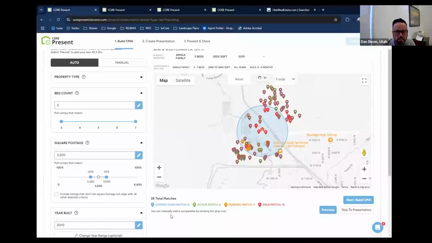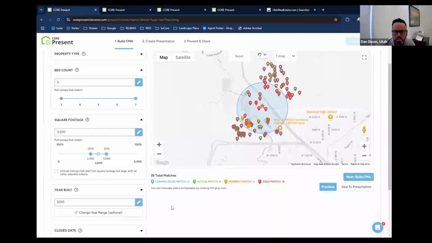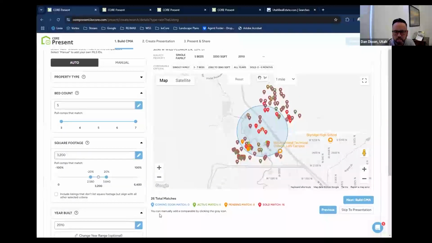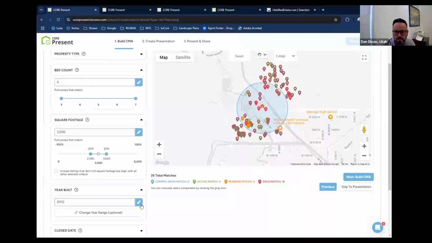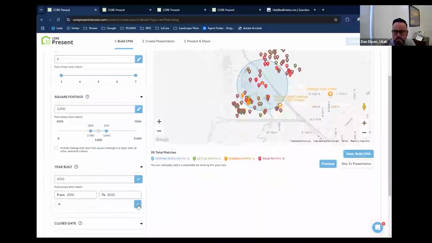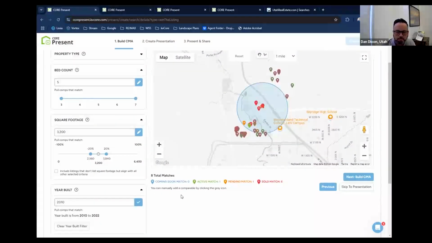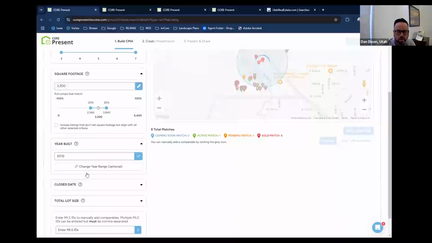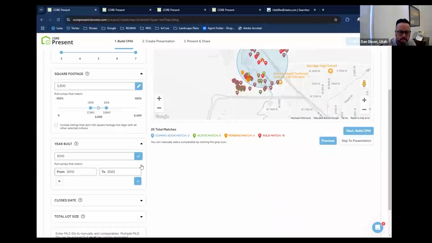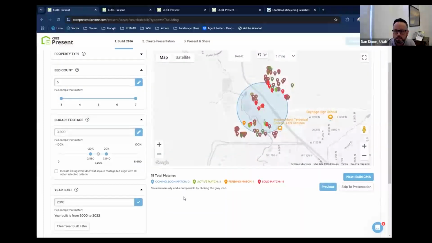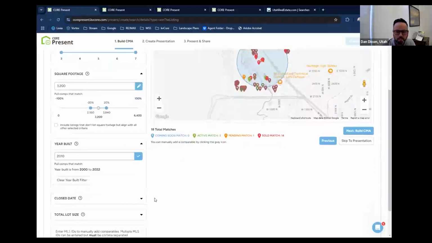You can do that as well. So you can play around to try to zero in on the comparables that are going to be best for you. Maybe I just get rid of the new ones, the ones that were built in the last couple of years, and maybe that's a little bit better. Oh, and then the year built, it's only 2010, so I want to maybe make it 2000. Okay, so we'll roll with that.